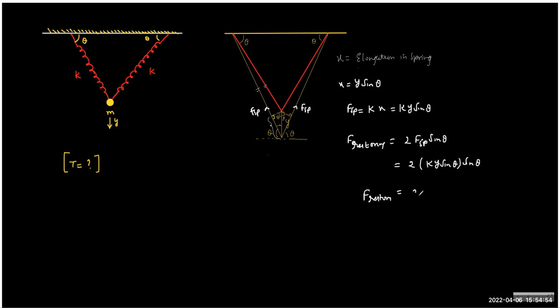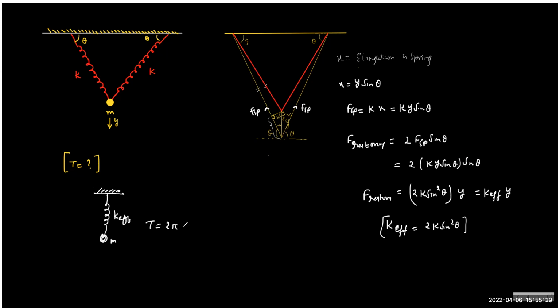This is basically 2ky or 2k sin squared theta into y. So if you want to only compare the k effective, then that's simple. The effective k value will be 2k sin theta, and therefore this can be reduced to a single spring with a mass m with the value of k effective, and now you can solve,